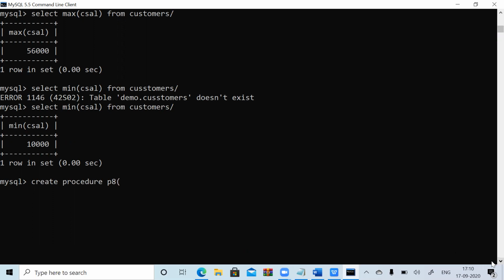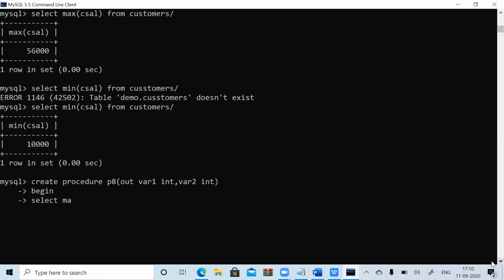So maximum salary and minimum salary output queries, right? First we'll check how to store your output queries. Out, one is your variable one, integer. Another one, out. Can we write like this? Let me check whether this is true or false. Now begin. What you can do is select.